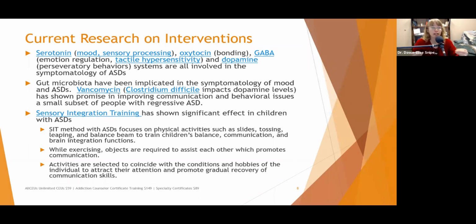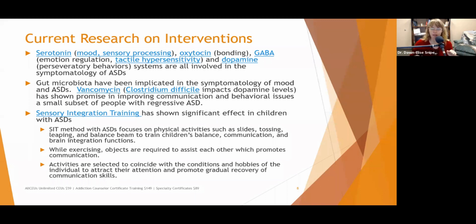I want to do it again. And the dopamine is often high, which encourages people who are on the spectrum to be obsessively focused on one thing and just continue on and on. Interestingly, gut microbiota. Now remember, a lot of our neurotransmitters, the serotonin, GABA, dopamine, etc., are made in our gut. And the gut microbiome, the bacteria in the gut, have been implicated in the symptoms of mood disorders and autism spectrum disorders. There are over 100 million different bacteria in the gut, so there's not time to go into it in this particular presentation.